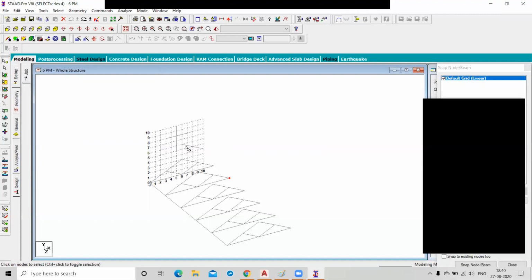Tell me. Which node do I select? This one or this or any other node? Node 3. This is node 3, and this is node 9.